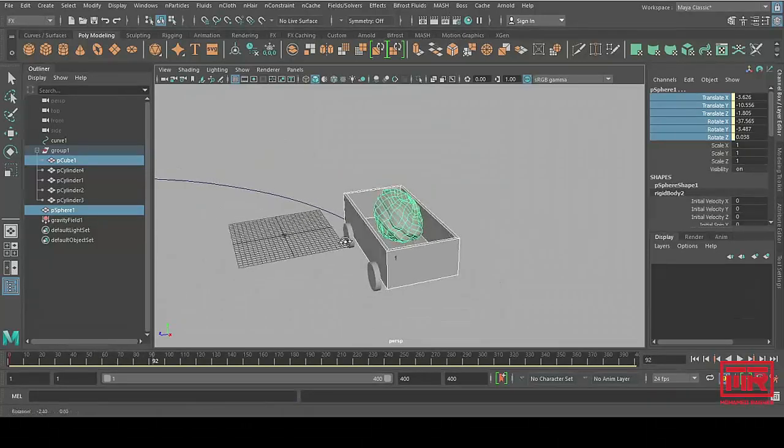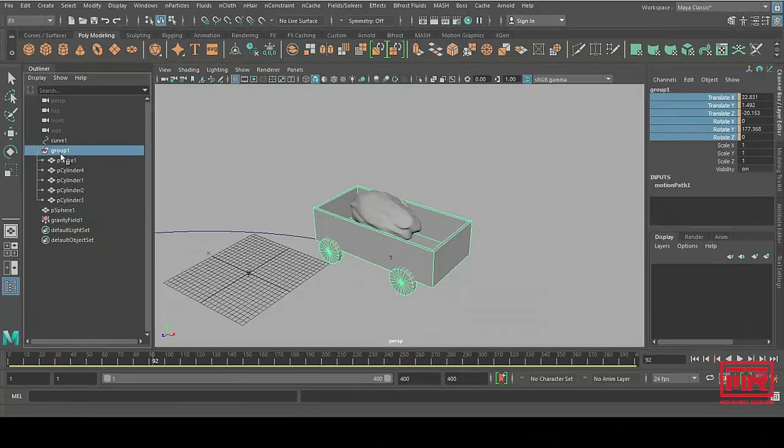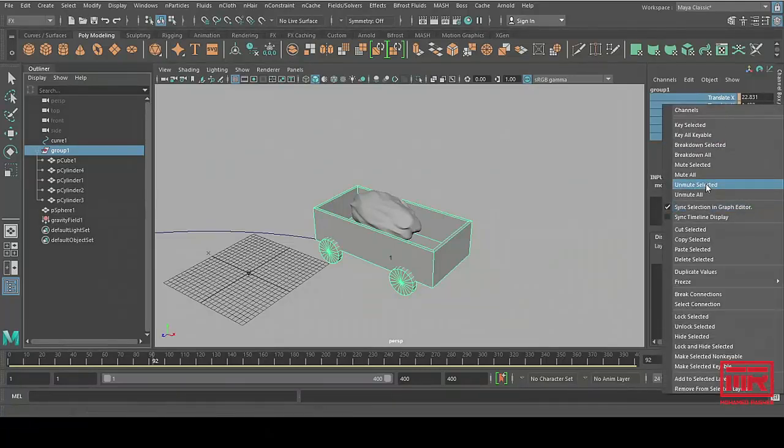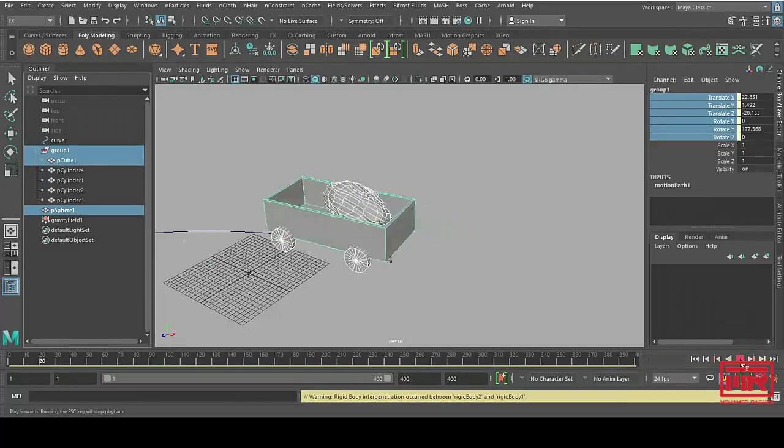Yes, I think that's fine. It will be moved, of course, when everything will start, so I don't want to be very careful for that. For now, I will select the group, and with these channels already selected, I will make another right click, and this time I will unmute these selections and rewind, make a play